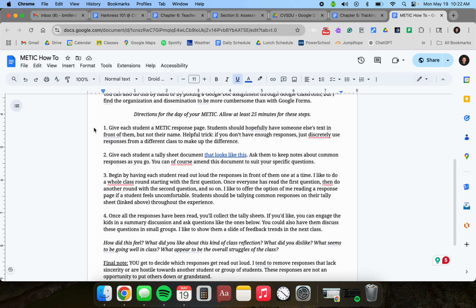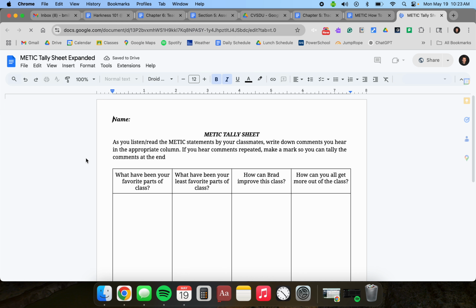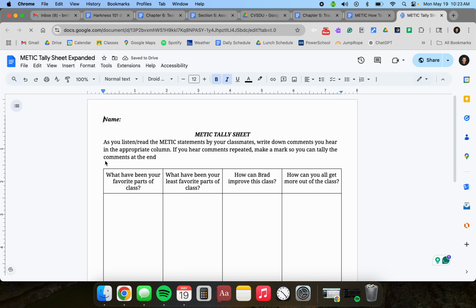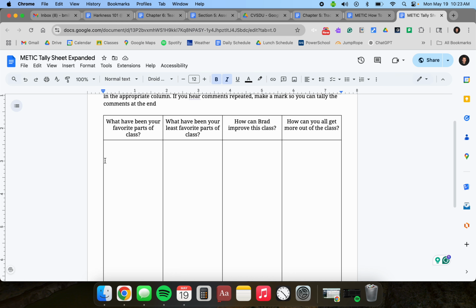And if you don't have enough responses to give everybody, well, because they're anonymous, you can just take a few responses from another class and put them in, and nobody will be any wiser. So students will have two things. They're going to have an anonymous response in front of them, and they're going to have a tally sheet that looks like this. So what you're going to do is have every student read all the responses